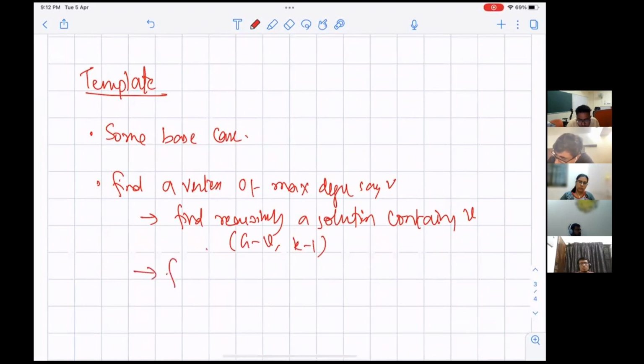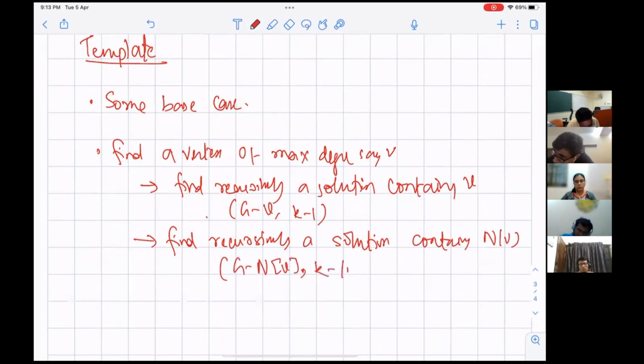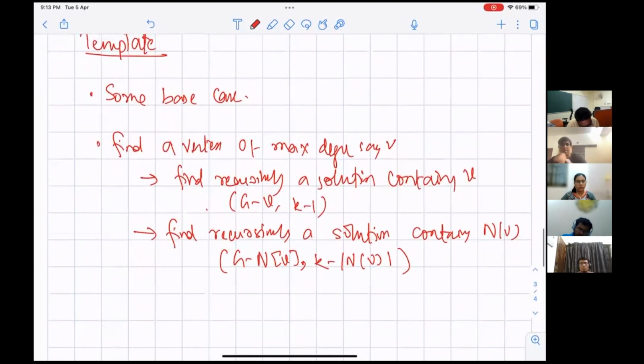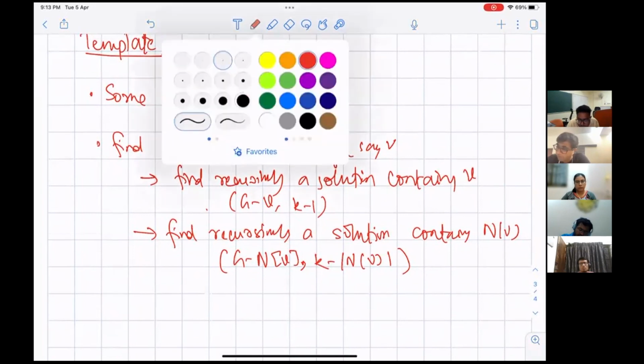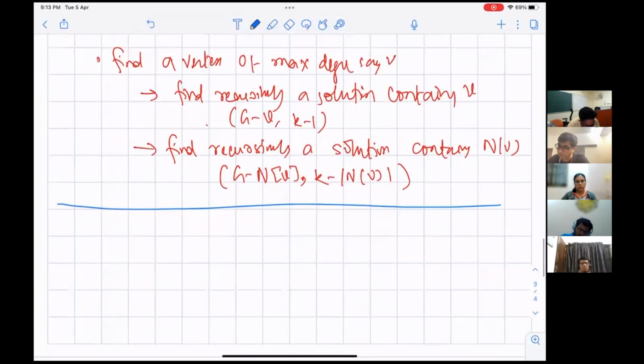And in the other, find recursively a solution containing N of V. So the closed neighborhood of V, but what is the drop in parameter? It is the open neighborhood. Am I right? So this is the base case which we had. Okay. And if you take this template, then one trivial algorithm is: